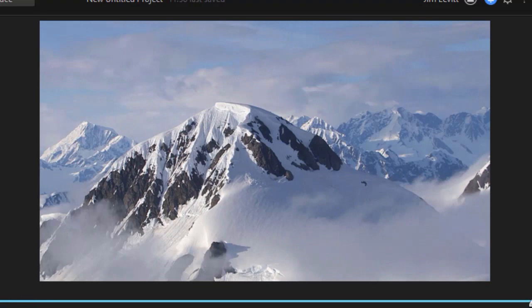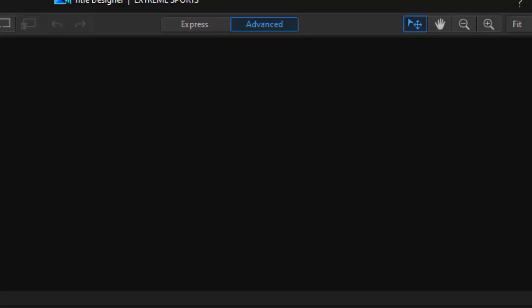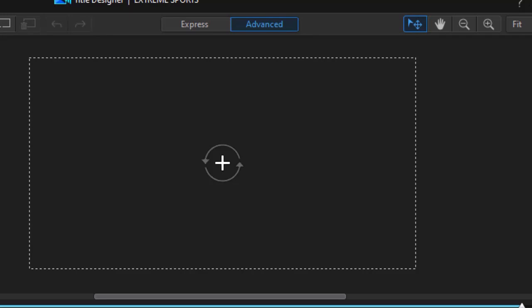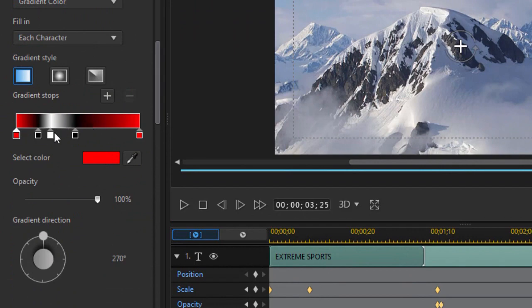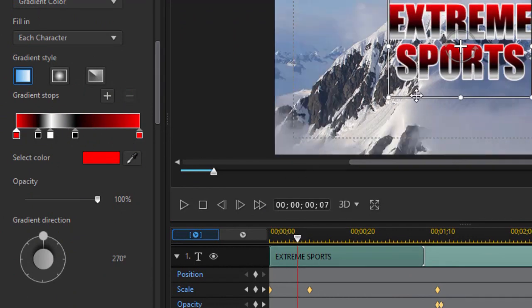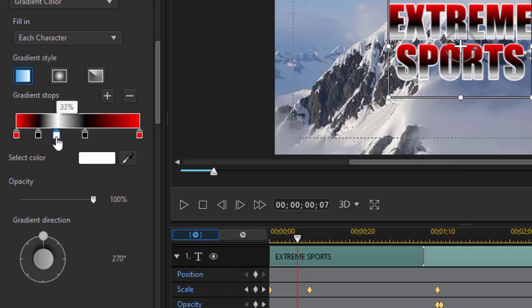Now one thing I did notice when I worked on this is that when I start setting keyframes, it looked like it changed the texture of my editing that I did on the text. And it looks like, if I click back here, it's not totally reflective of what I had before. I'm not sure exactly why it did that, so I'm going to move all this a little bit to the right